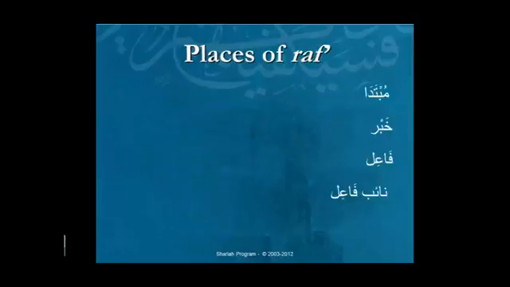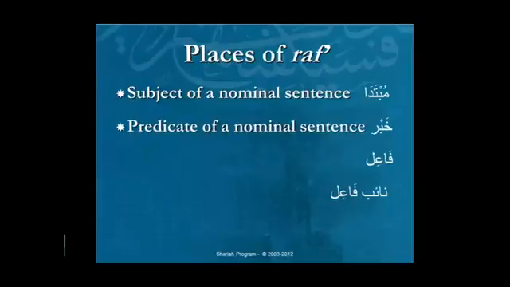As for rafa, the two halves of the nominal sentence are both in rafa. The subject of the nominal sentence is called mubtada, and that's in rafa. The predicate of the nominal sentence is also in rafa. For those two to have the same ending is not problematic, because the problem there is not one of sequence anyways. It's one of lack of is, and the solution is to know the phrase level relationships. So having the same ending does not create any confusion. And remember, the whole point behind grammar is to remove confusion, and this is why it's so important.